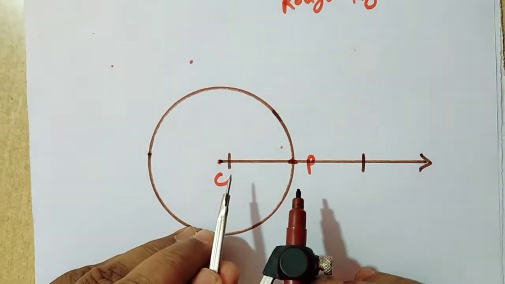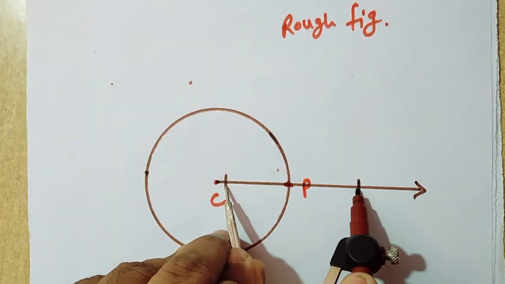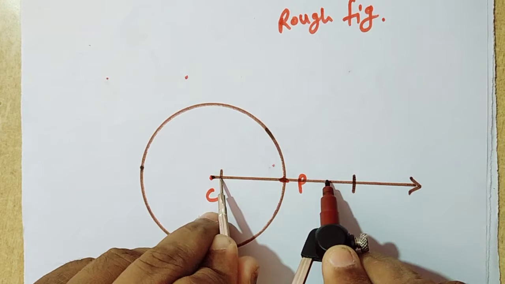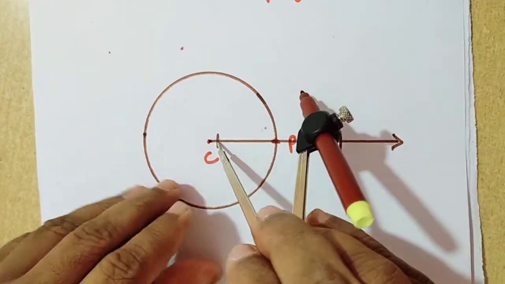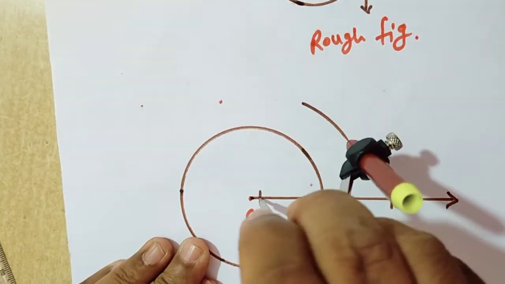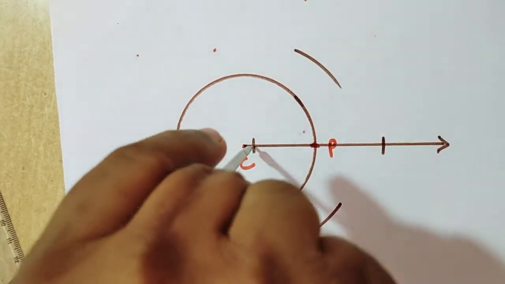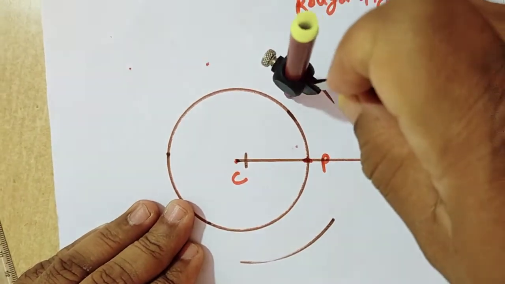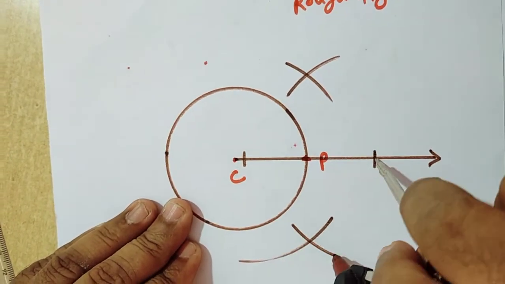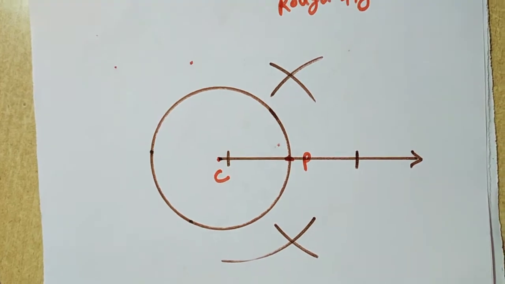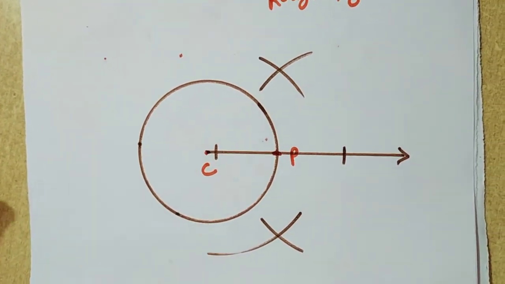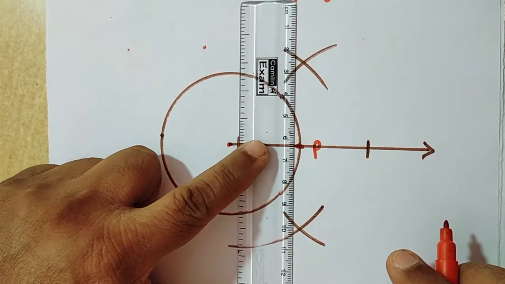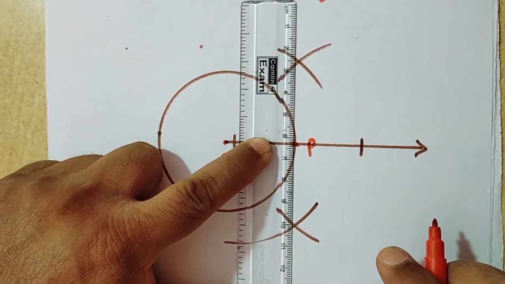Now in between these two arcs we are getting one segment here. Draw the perpendicular bisector of this segment, taking more than half the distance in your rounder. Draw two arcs on both sides of this segment in this way. Now keep your rounder here on the point of intersection. Draw two more arcs which intersect the previous arcs. Then use your ruler and draw a line passing through the points of intersection of the arcs.